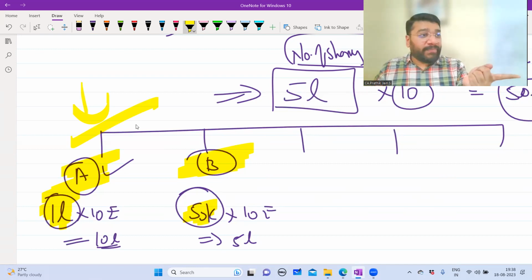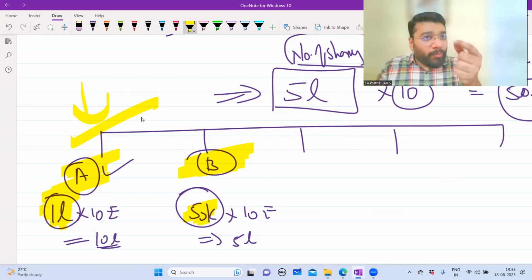In case of partnership concern, a partner has contributed capital. If he wants to take back the capital, the firm, everybody has to agree. If the firm does not agree, he will not get his money back. So getting back the money in the case of partnership is very difficult. But in companies, it is easy.